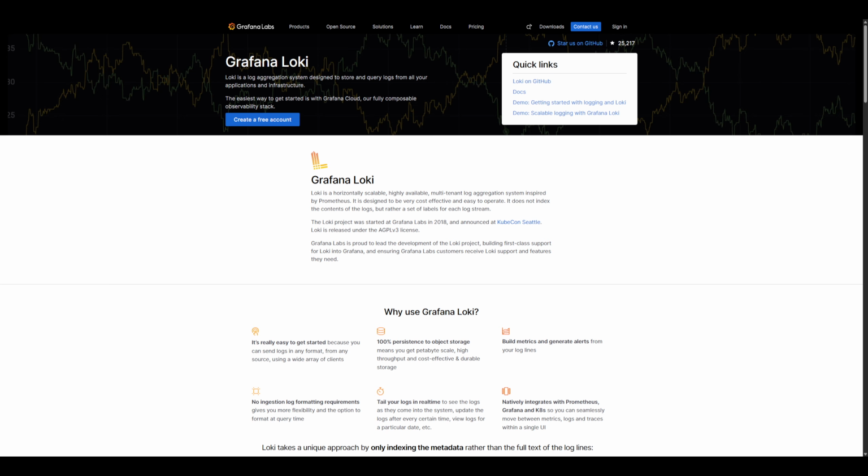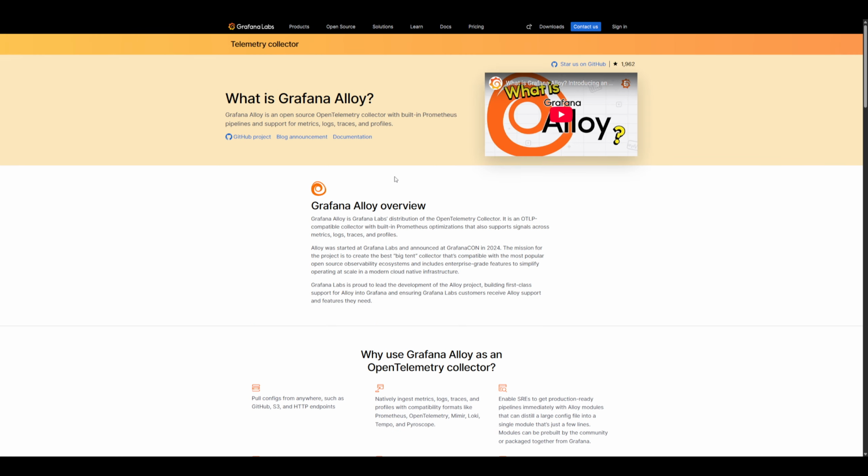Let's get started. There are two services needed to get Loki working. The first is Loki itself, and the second is Alloy. Alloy is used to collect and send the logs from your services to Loki, where Loki then aggregates, labels, and stores the logs. Before we install Loki and Alloy, let's create a configs dataset to more easily access and update